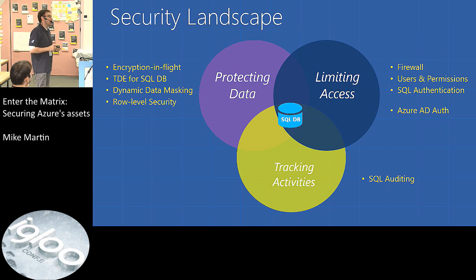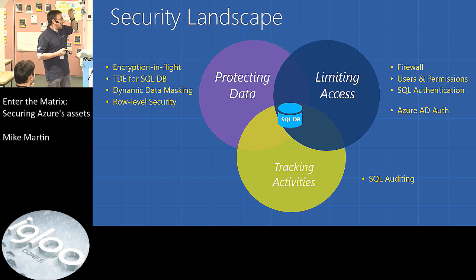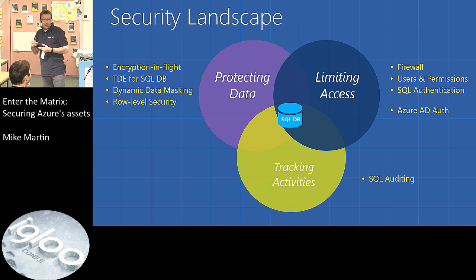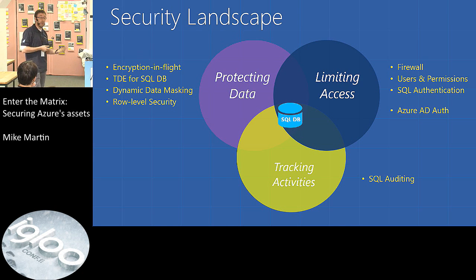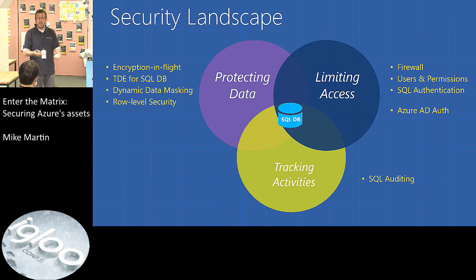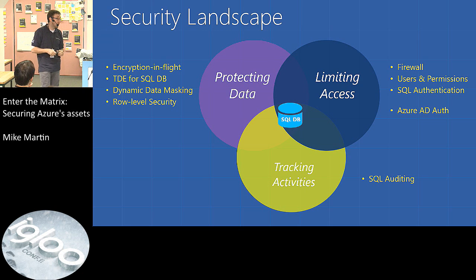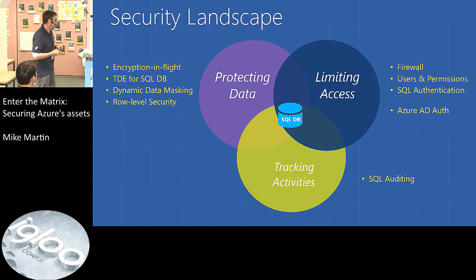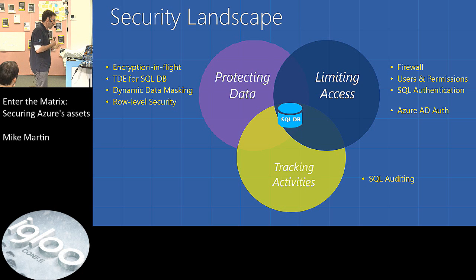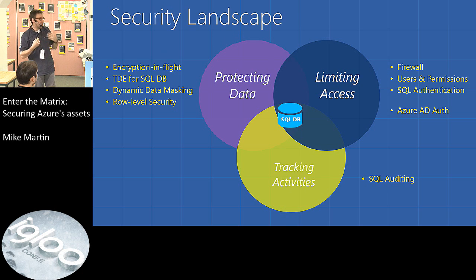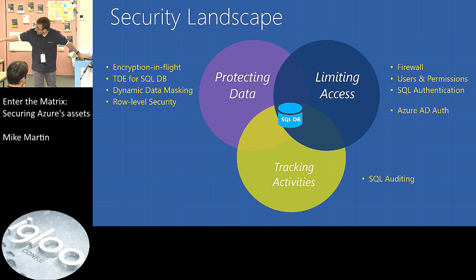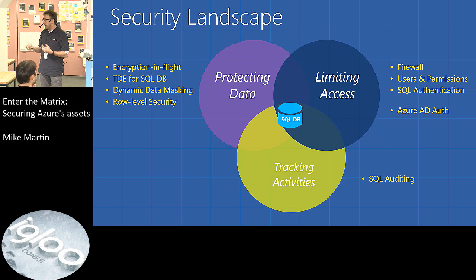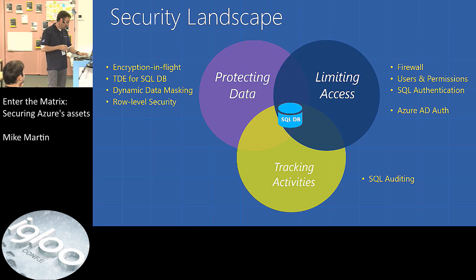Try to implement row-level security if you must. Also, when it comes down to limiting access, we have firewalls based upon the servers or even on the databases. So we have two levels, and you can either manage them through SSMS, where you get a pop-up and you enter your own IP, do it through the portal, or just do it with the Transact-SQL statements. And today we also have Azure AD authentication that is possible, right? Even very important there is SQL auditing, because you want to know who has access to your applications anyway.